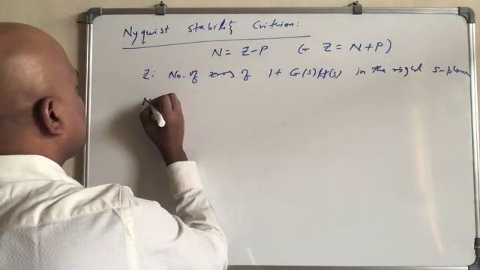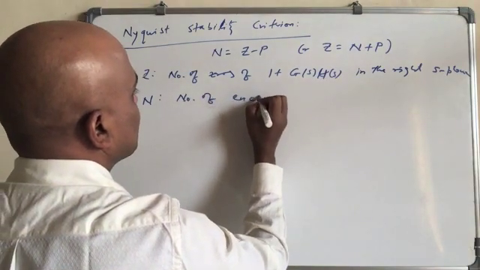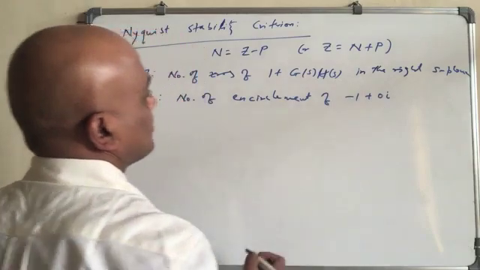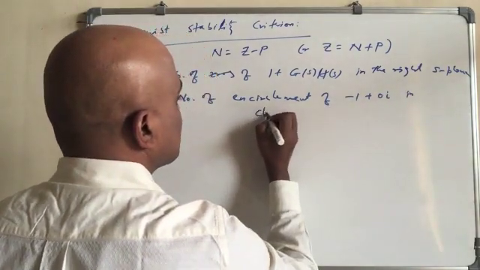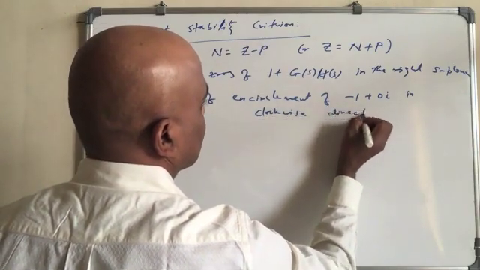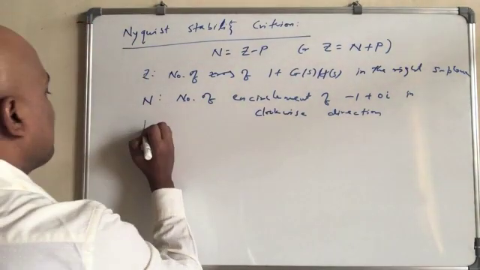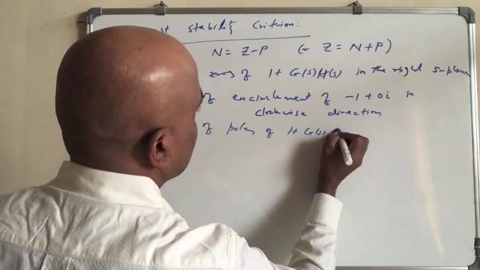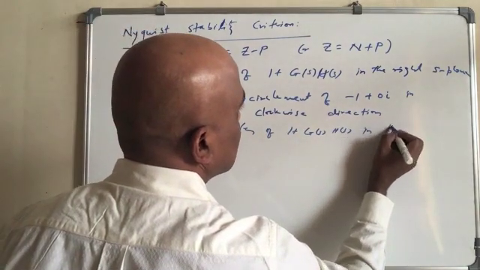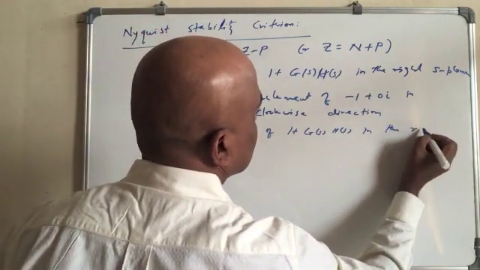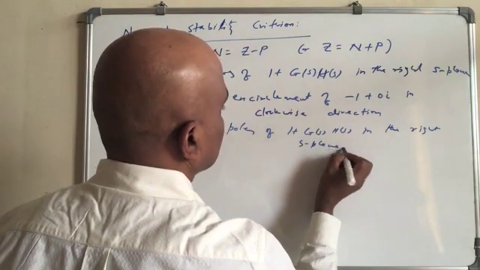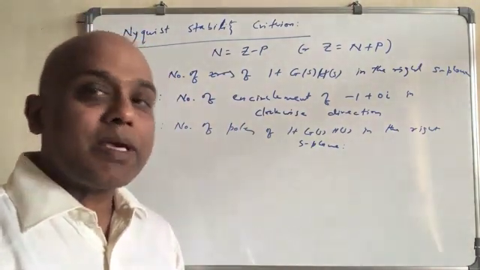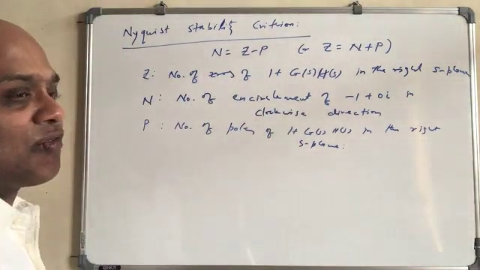Then N is the number of encirclements of the point minus 1 plus 0i in the clockwise direction, and P is equal to the number of poles of 1 plus G(s)H(s) in the right S plane. This is what it is all about, and it follows from the mapping theorem. So based on this, you can also find out